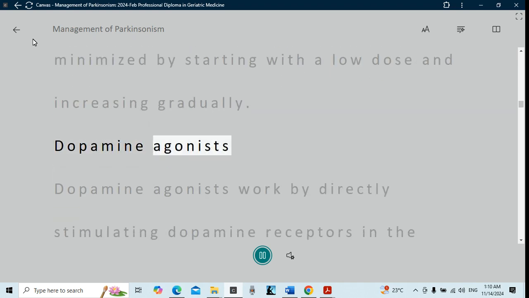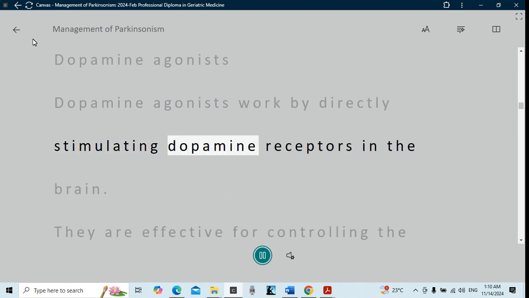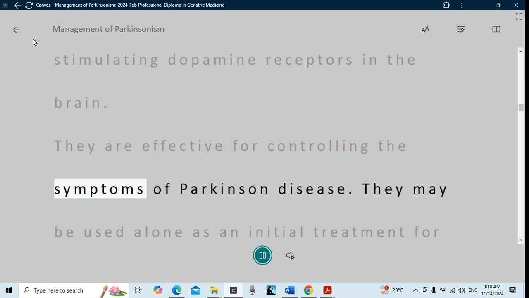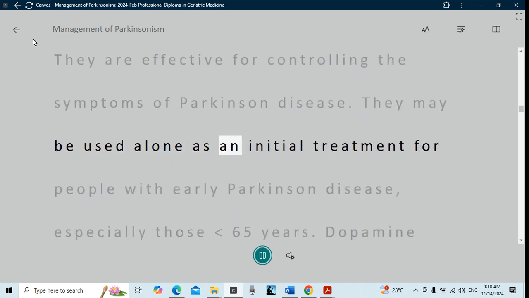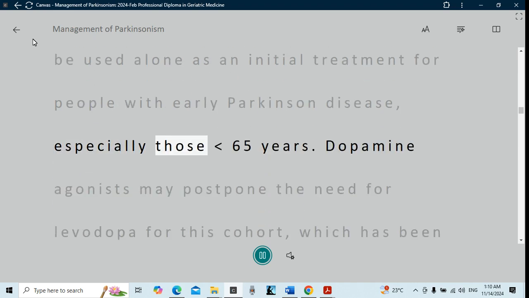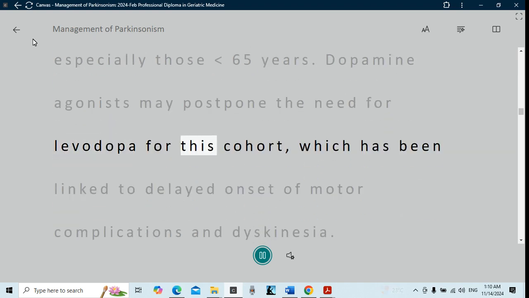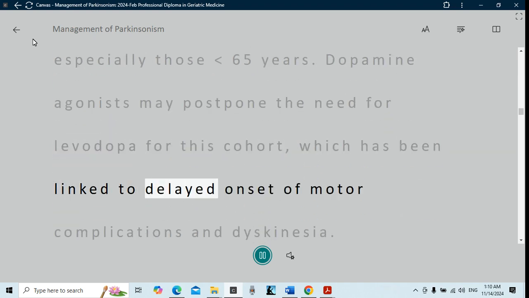Dopamine agonists. Dopamine agonists work by directly stimulating dopamine receptors in the brain. They are effective for controlling the symptoms of Parkinson's disease. They may be used alone as an initial treatment for people with early Parkinson's disease, especially those less than 65 years. Dopamine agonists may postpone the need for levodopa for this cohort, which has been linked to delayed onset of